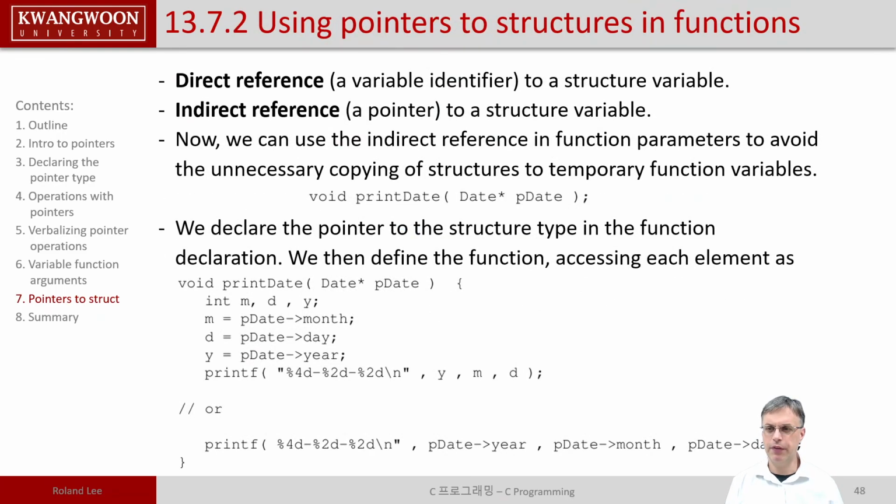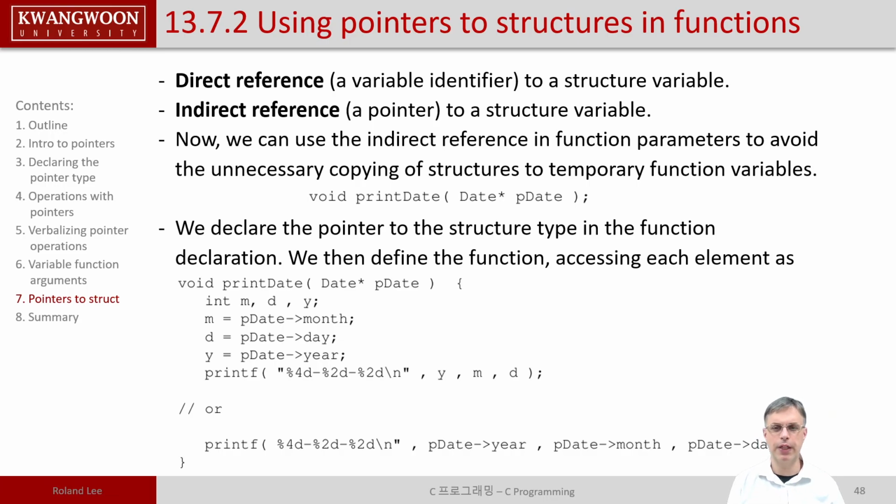Almost done. So using pointers to structures in functions, we can do an indirect reference to a structure variable as easily as we can do a direct, so variable identifier,